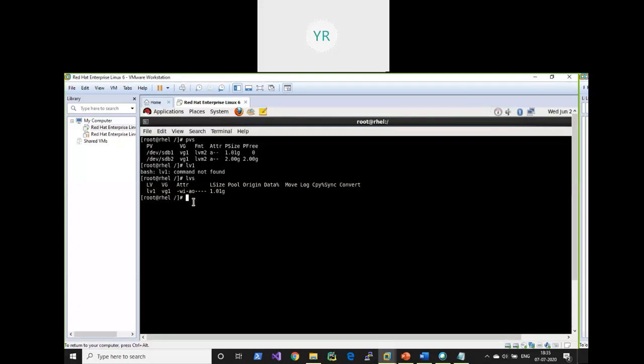For that I need to create a new PV. So before creating a new PV, I need to check the size of this old PV. This SDB1 has this much size, 1 GB, so I need to create a new PV with this size or more. You know how to create a new PV. First you need to